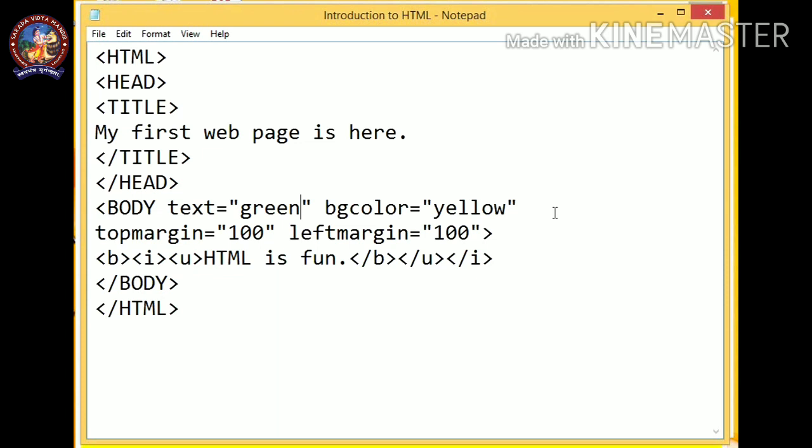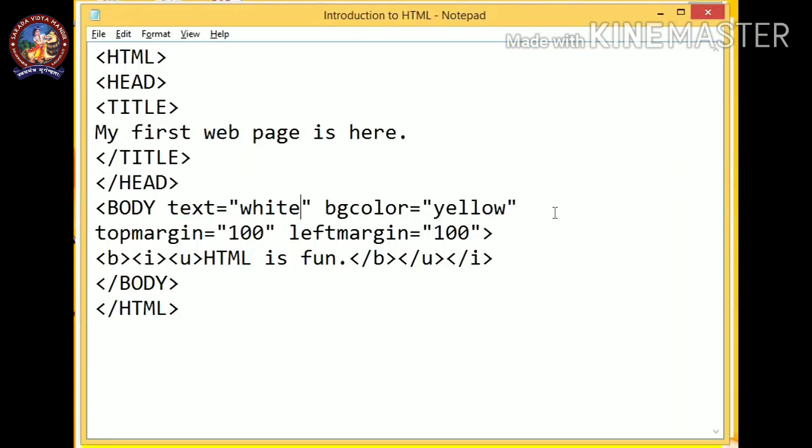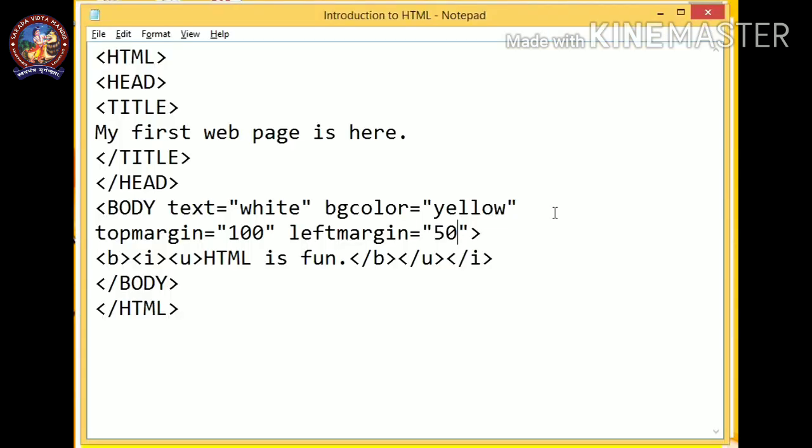Inside the text color, instead of green I am using white. See, it is working. Let's change the left margin from 100 to 50. So you can see the text is going backward. So these are all working properly.